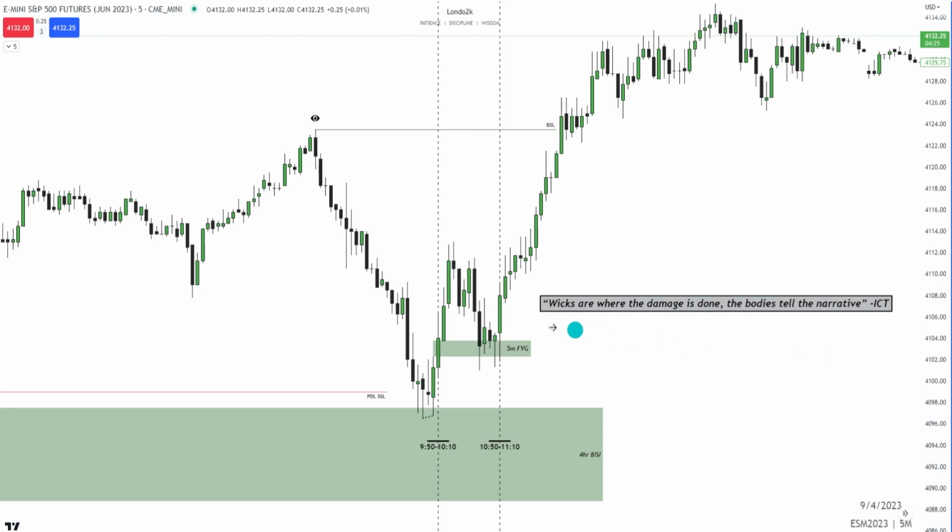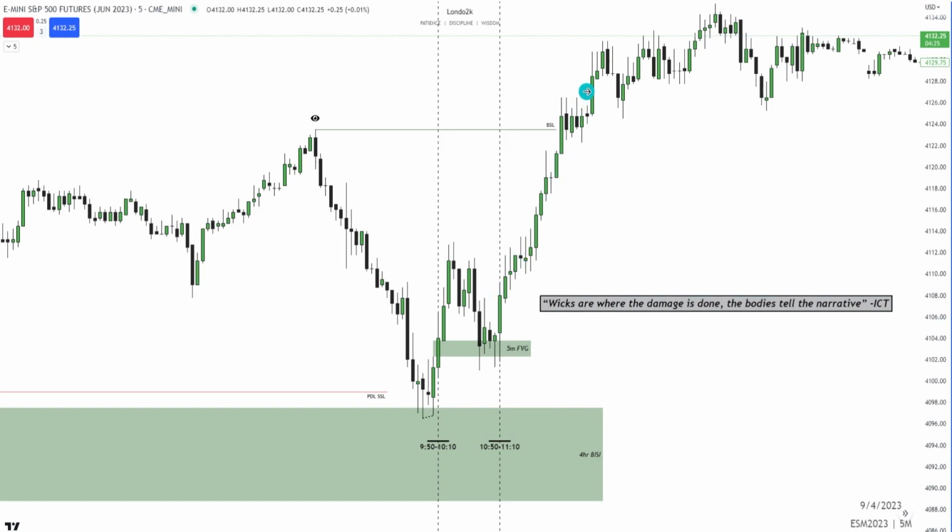I put this quote here from ICT where he says, "Wicks are where the damage is done, the bodies tell the narrative." You can see how the wicks are pushing through this 5-minute fair value gap, but the bodies are staying relatively on the top end of this fair value gap, especially when we get to the 10:50 macro. Once time is starting to align with price, that's when you start to get real respect for this fair value gap with the bodies. And then at 11 a.m., where the hourly candle opens, it dips down, creates the low of the hour in that fair value gap,